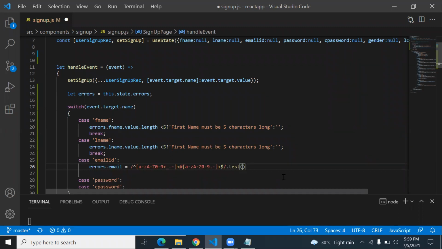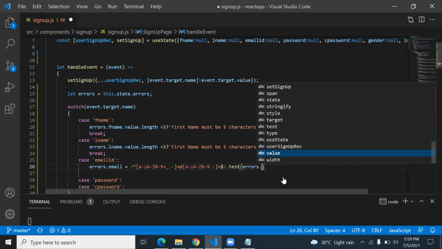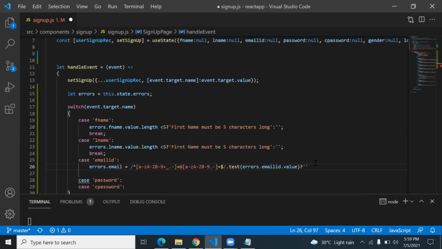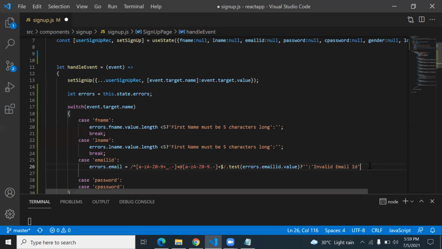So what you pass is errors dot email ID dot value. If it is correct, no problem. But if it is not correct, then you write invalid email ID. Break.